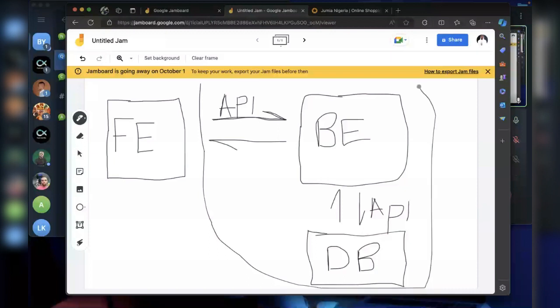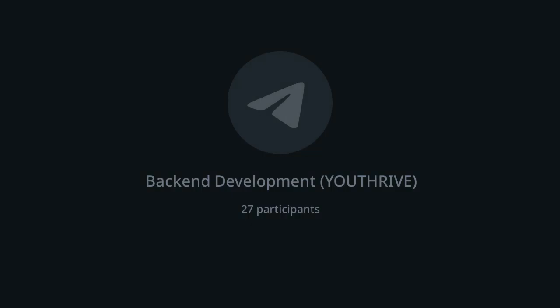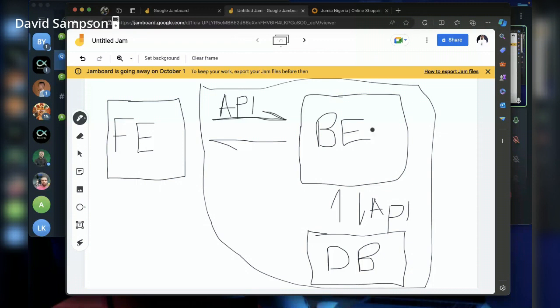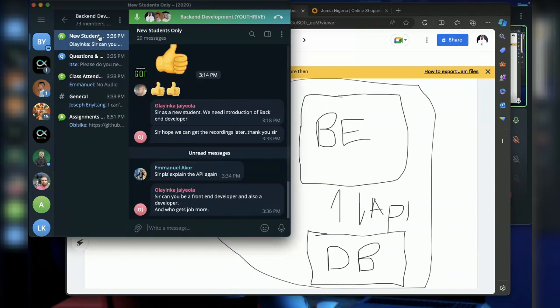So all of this, to build the API, set up the server, run the database, connect all of it together, this is your job as a backend developer. Now, you have no business with front end whatsoever, but whatever you do, you make sure that it's communicating with your front end.